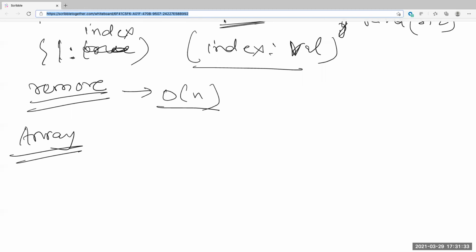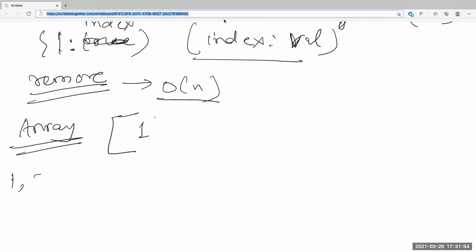Is that going to contain indexes or is that going to contain values? Like A of 0 is going to contain the value. 0 is the placeholder with the index. Okay, hold on. So let's come up with an example. Let's say, Uncle, can you write up? Yeah, 1, 2, 3, 4, 5.